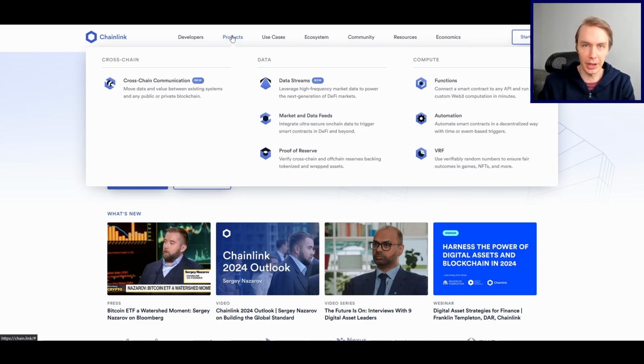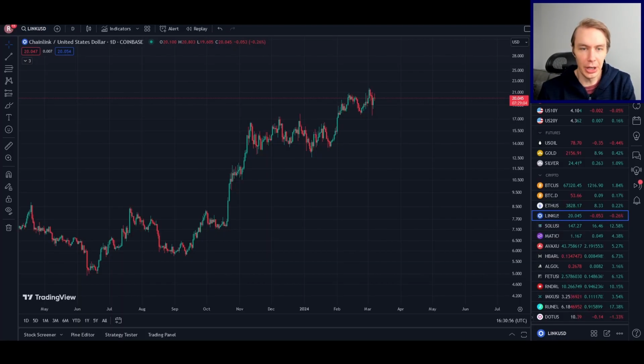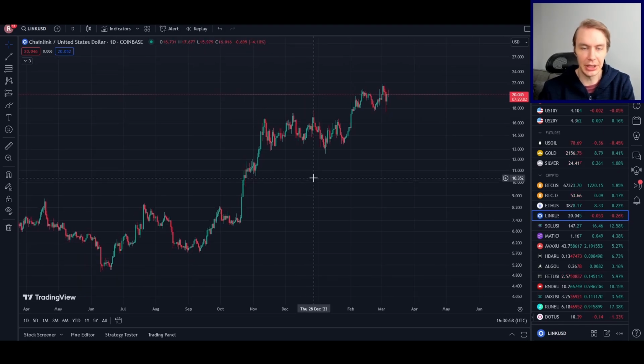Another big product that Chainlink has rolled out is CCIP, the Cross-Chain Interoperability Protocol, which enables cross-chain communications between different blockchains or different protocols. And it can do it arbitrarily: any given private or public blockchain can communicate with any other one using that system. So a lot of people are excited about Link given some of those developments and a lot of partnerships that they've started to form.